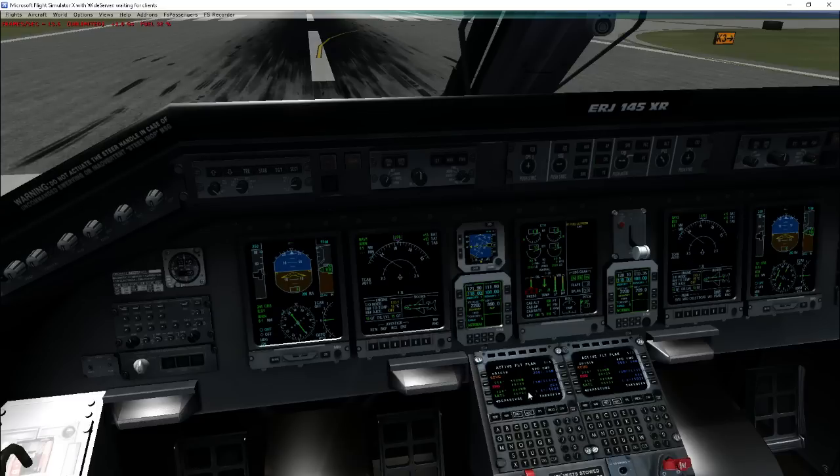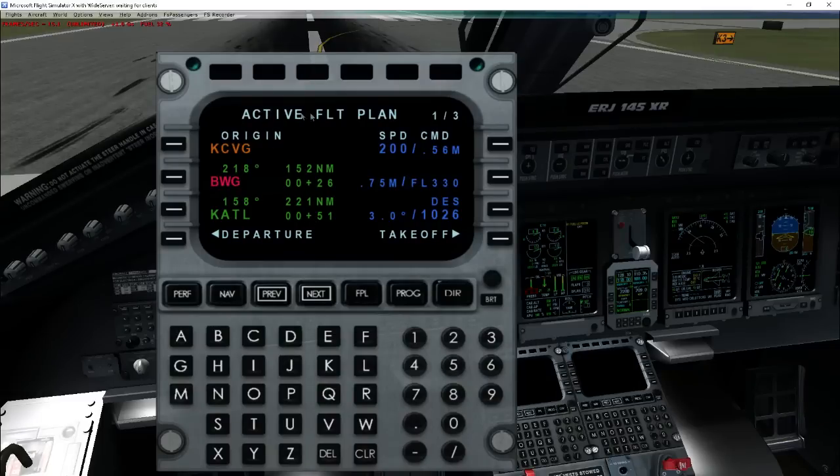Okay? Now, here's where SIDs and stars get very complicated, or unnecessarily complicated. Let's say you're on VATSIM, and you're going to fly from Cincinnati to Atlanta. And you're thinking, okay, I'm going to go ahead and run my SimBrief, get my flight plan, and program everything into the flight management computer before you take off. And after you program everything in, you call the VATSIM traffic controllers to get your clearance. At that point, you're going to be sort of disappointed, because what's going to happen is, and this has happened to me every time,